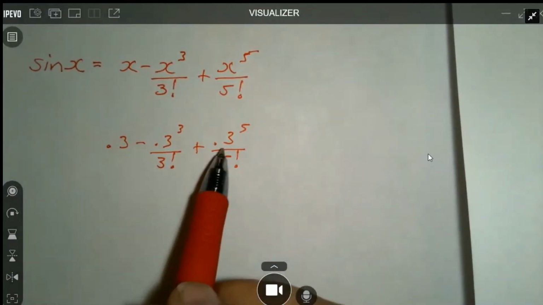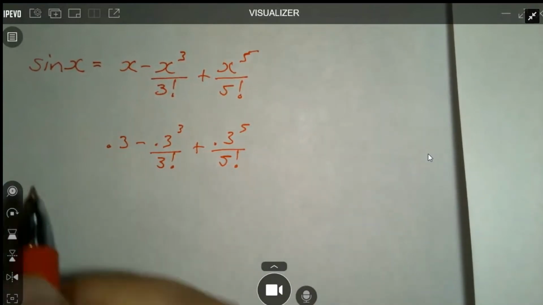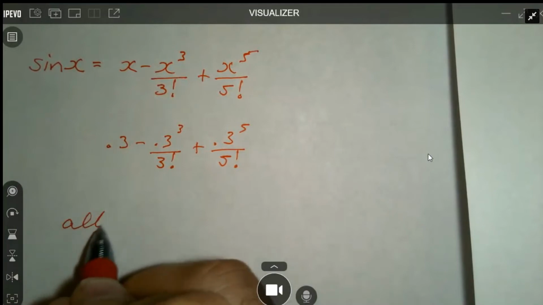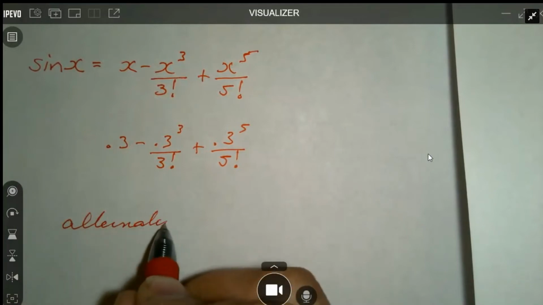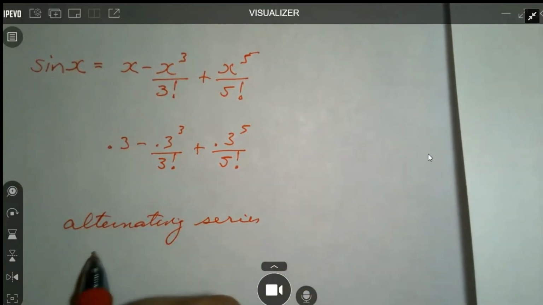The terms are decreasing in absolute value and going to 0. That means you can use the alternating series error estimate,